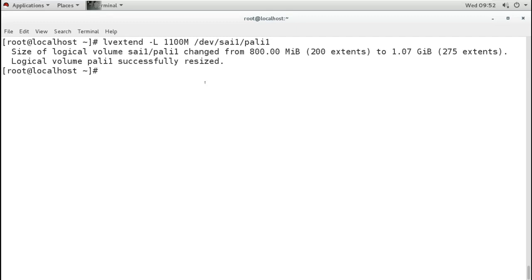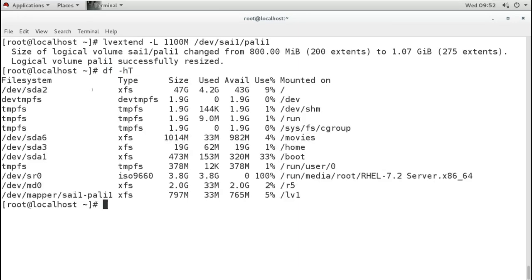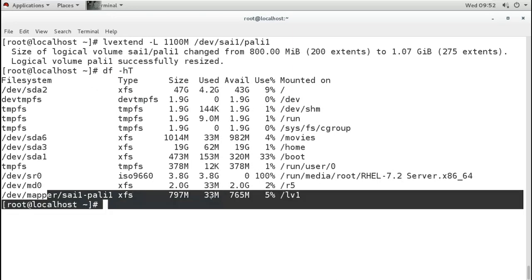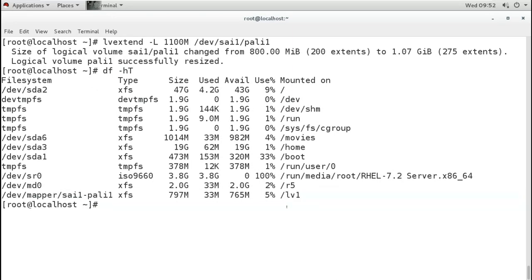Is it still mounted? df -hT. So it is still mounted on LV1 and I can still access the directory. It is not corrupted. I can still go to the directory and I can still create files.